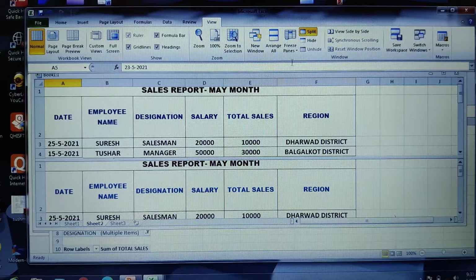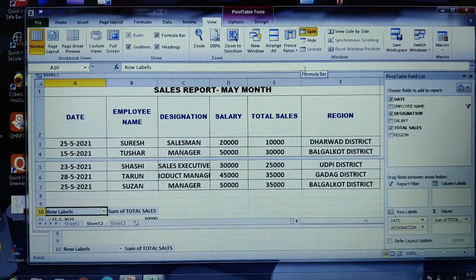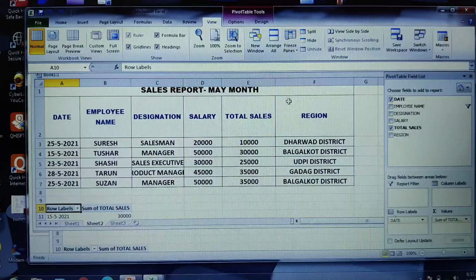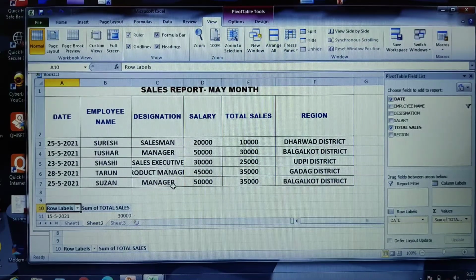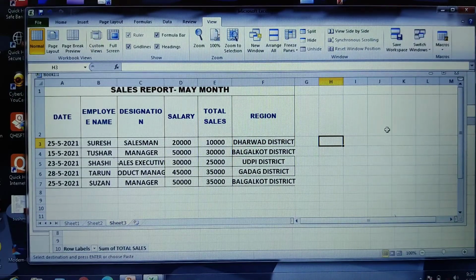Clear? Now we have another option known as freeze pane. What is this freeze pane? I'll be showing you here. I'll just remove the split. Okay, I'll just remove the split here. Now, to show the freeze pane, I have taken a different worksheet.